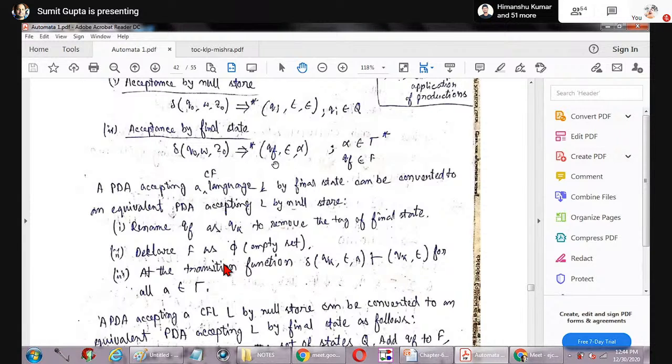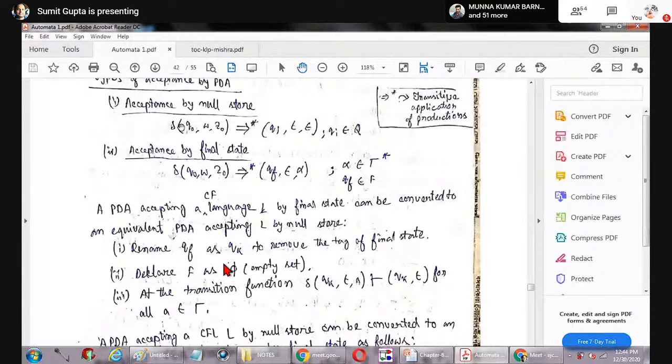Understood? ইয়েস স্যার, তার মানে এখানে মানে অ্যাজ এ সিম্বল হিসেবে Z0 টাও থাকতে পারে, তখন সেটাকে আমরা অ্যাকসেপ্টেড বাই ফাইনাল স্টেট বলতে পারি। হ্যাঁ, আমাদের গোটা স্ট্রিংটা প্রসেস করে নিতে হবে। W has become epsilon, মানে ইনপুট টেপে এলিমেন্ট নেই, বাট প্রসেস করার পরে রিড হেডটা যেটা লাস্ট স্টেটে পয়েন্ট করছে সেটা কিন্তু ক্লোজিং স্টেট। সেই ক্ষেত্রে পুশ ডাউন স্টোরে কোনো ভ্যালু আছে কিনা সেটা ম্যাটার করে না। So depending upon the question, এই দুটো কিন্তু একসঙ্গে হবে না। You can get a question designed by using the concept of null store or designed by using the concept of final state. মানে এই দুটোই পসিবিলিটি আছে।